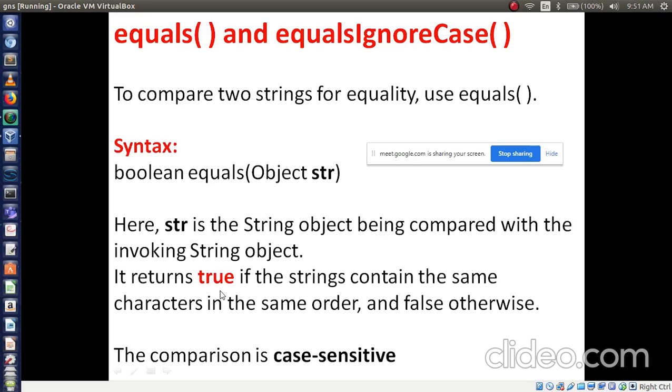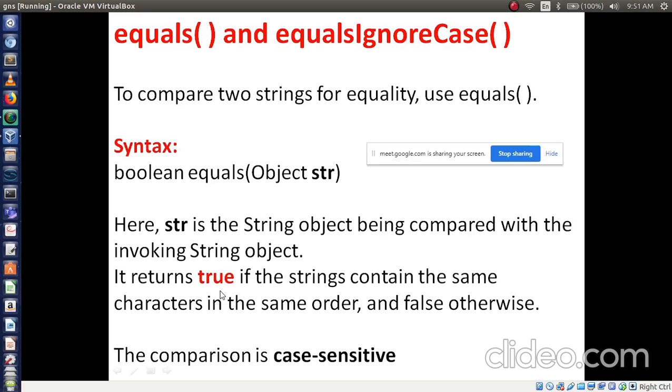Otherwise, if both strings are not equal, then it will return what? False value. So it returns two values, one is true, another one is false. True is returned when the strings are same. aitm, aitm. Both the strings are same, right? In this case it will return true. aitm and mca, in this case it will return false, because both are different strings.